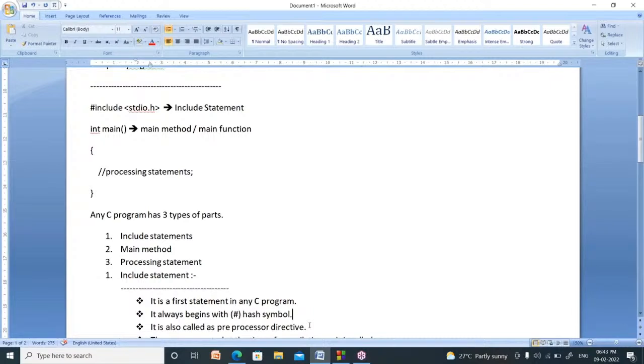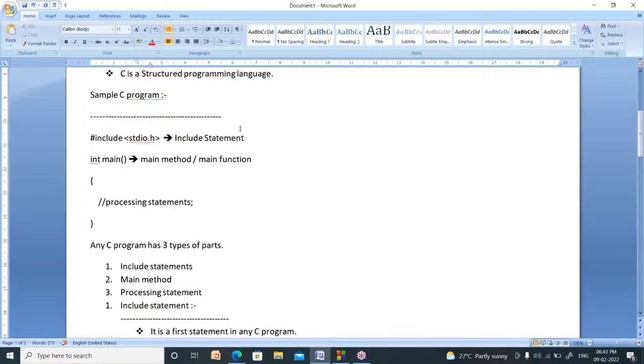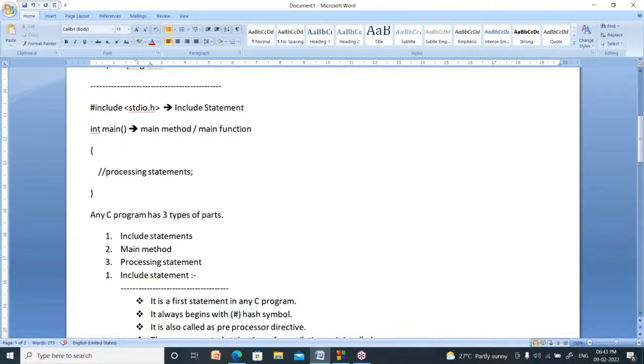My dear friends, listen. Learning C programming does not mean learning programs. Learning C programming means learning the basics of C, learning all the concepts of C. That is the learning of C programming.